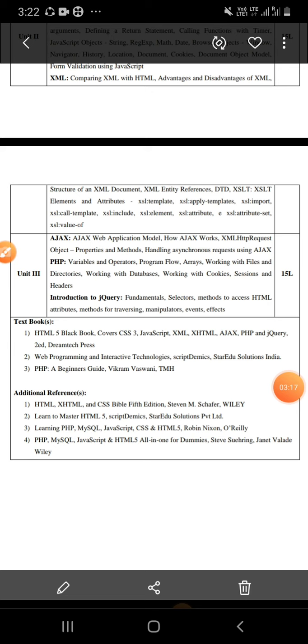Now next we will cover Ajax. How Ajax is used for making web applications, and how we can use properties and methods of Ajax in HTML, that we will also cover in this topic.